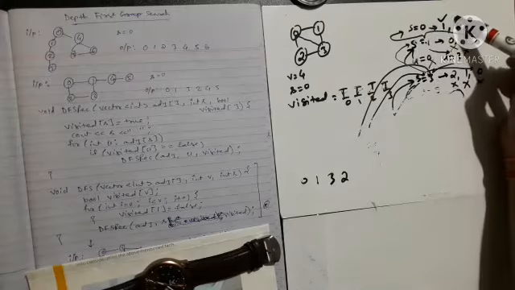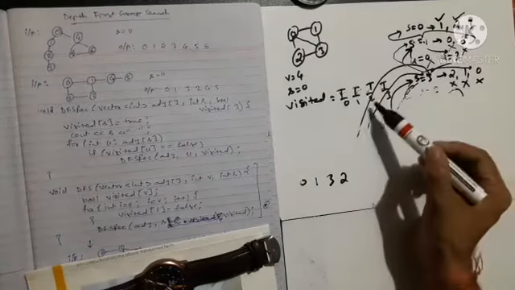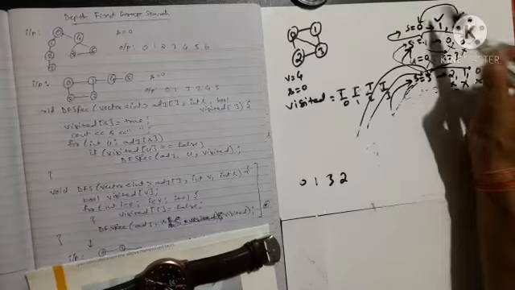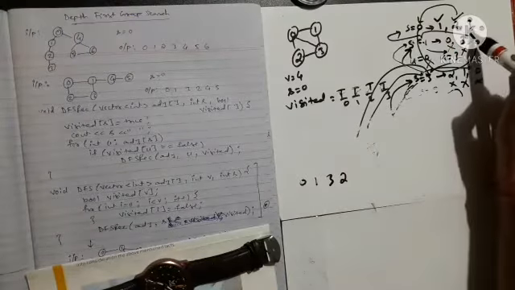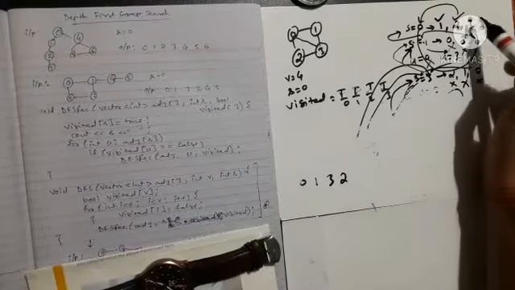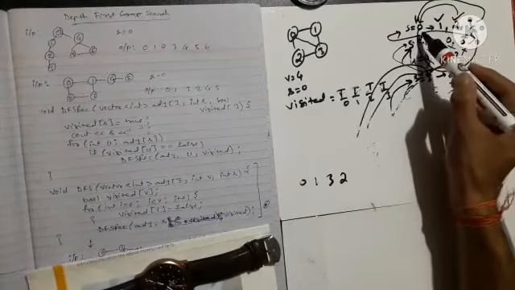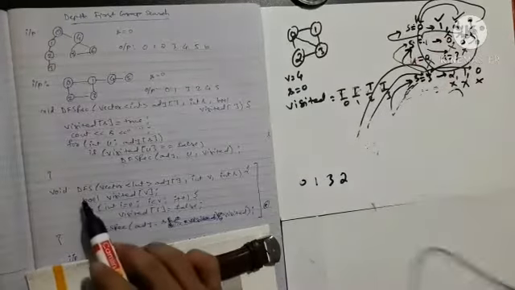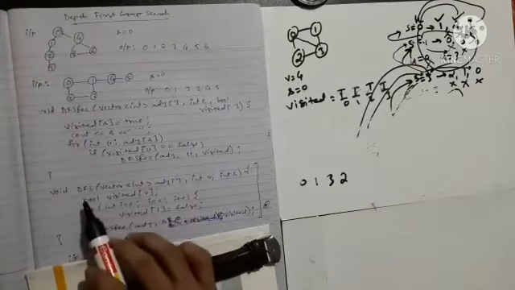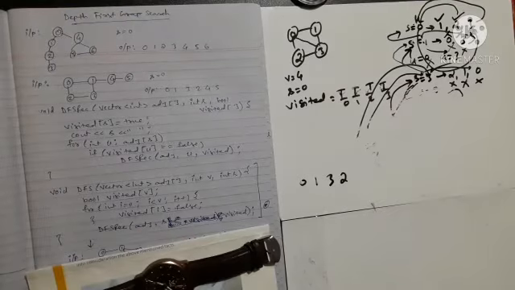Now 0 will call for its another neighbor, that is 2, but 2 is also true, so 2 again gives the control back to 0. Now 0 will call its neighbor 3, but 3 has also been done, so again it will give the control back. Now all the neighbors of 0 have been visited, so control will go to this function, then to the DFS function, and we are done.